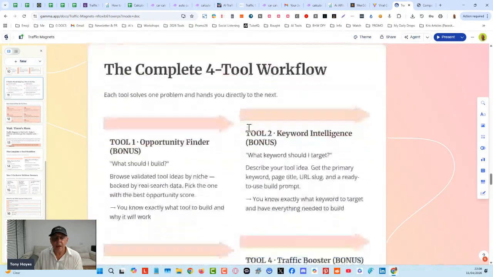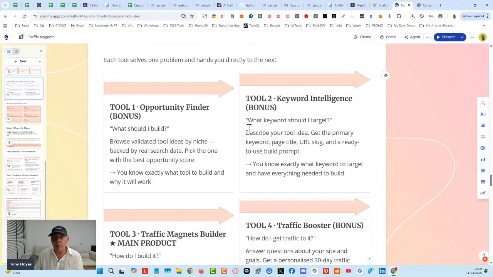Here's the thing. When I started to think about what would maybe stop you from doing this, I started to build those tools around that. Okay, so I knew people would be thinking, oh, this sounds good, but what if I don't know what topics? So I built the opportunity finder tool. Okay, great, I've got an idea for a topic, a niche. How do I find the keywords? You've got all those keywords that you scraped. How do I get access to them? I put them all in a database in the keyword intelligence tool, all of them, 33,000 keywords right now in there.